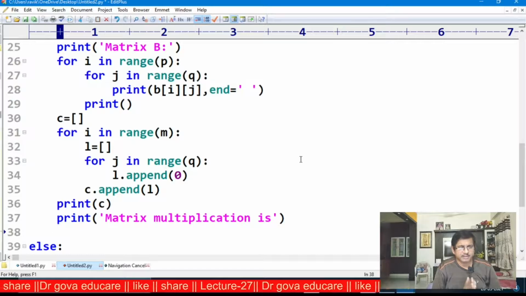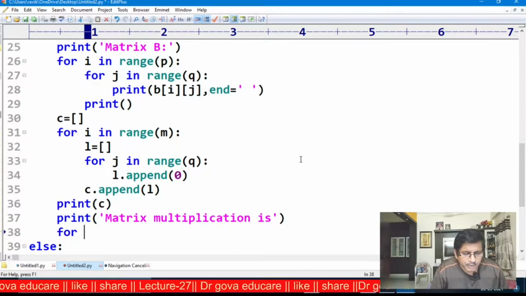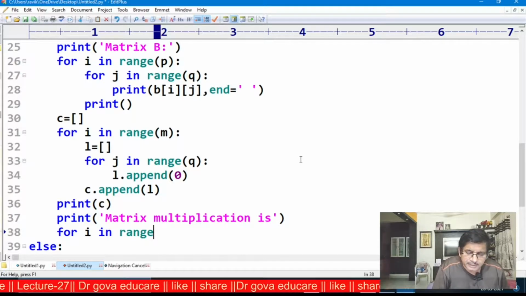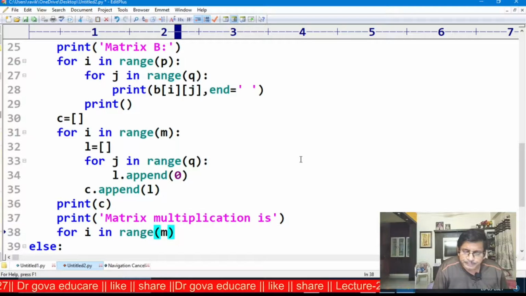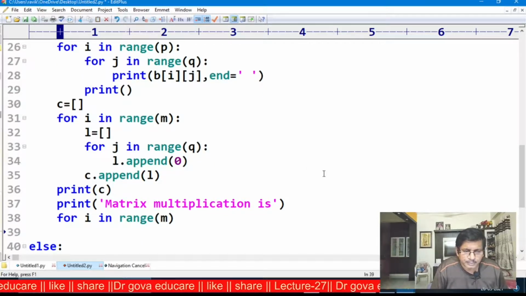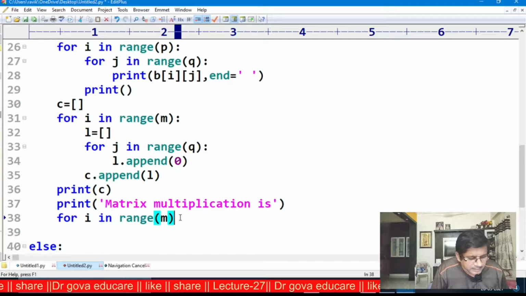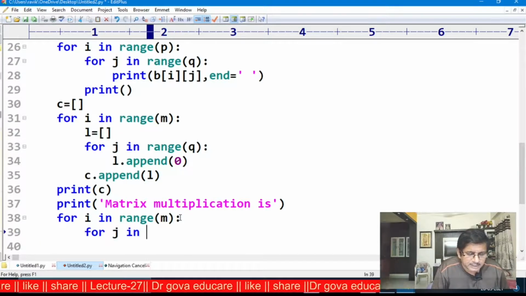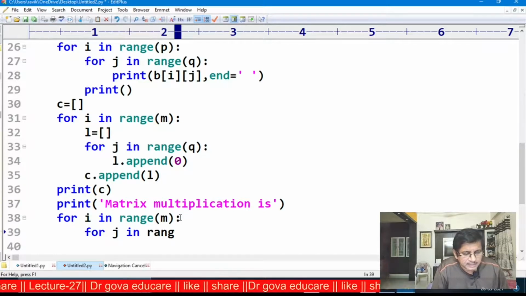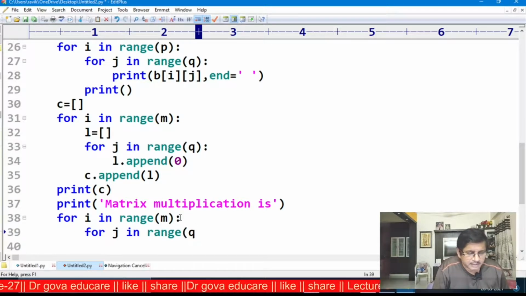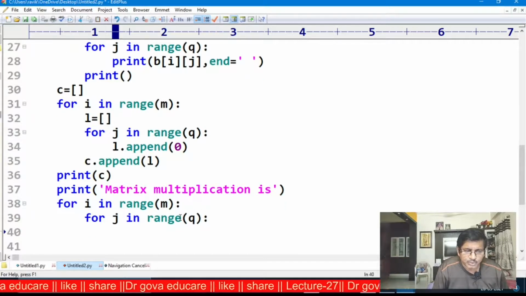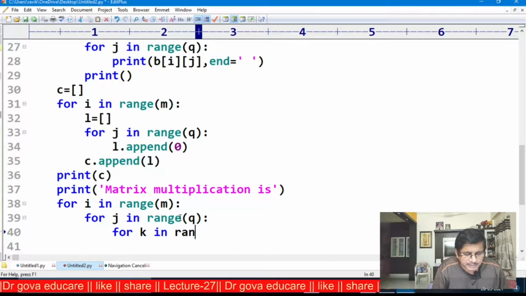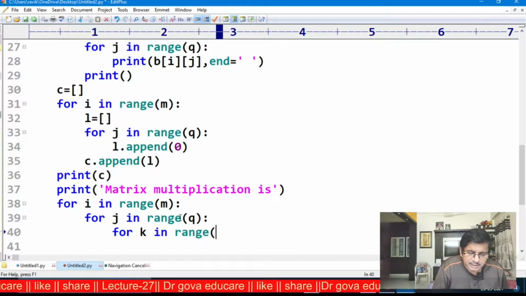Now I am performing the matrix multiplication: for I in range M, for J in range Q. Next, for K in range N.